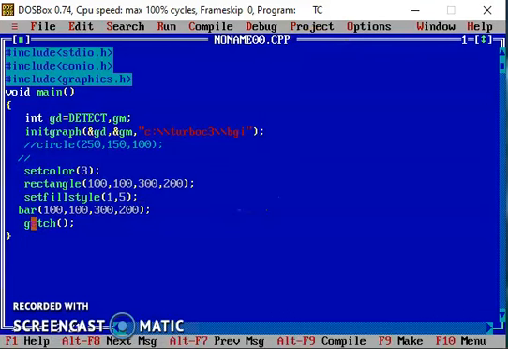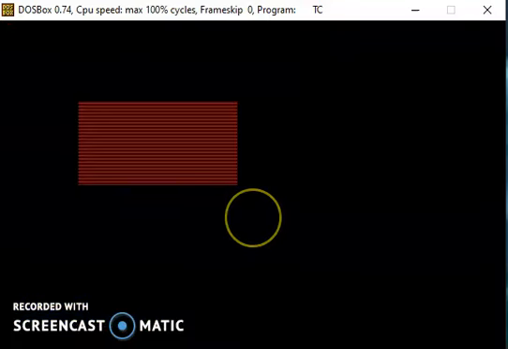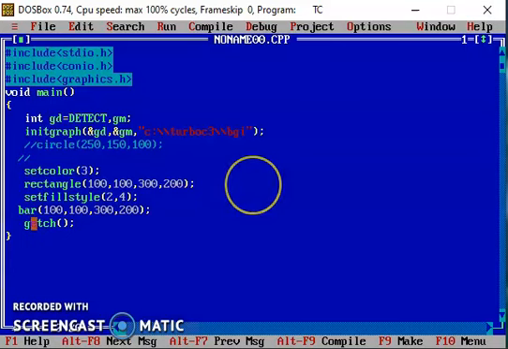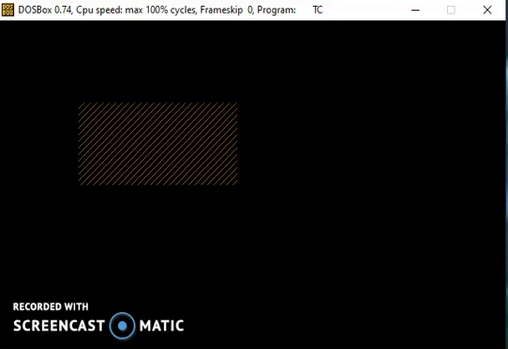Then if I change the filling pattern, and also give the fourth color, which is red, I am changing the pattern as well as the color. Then if I use the third pattern and sixth color, I get this pattern and the color also changes.